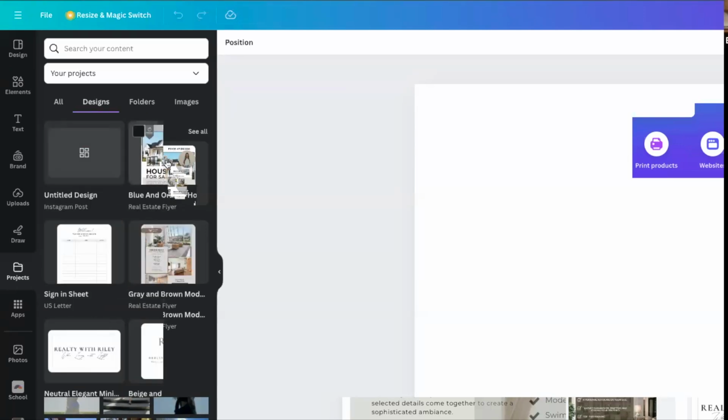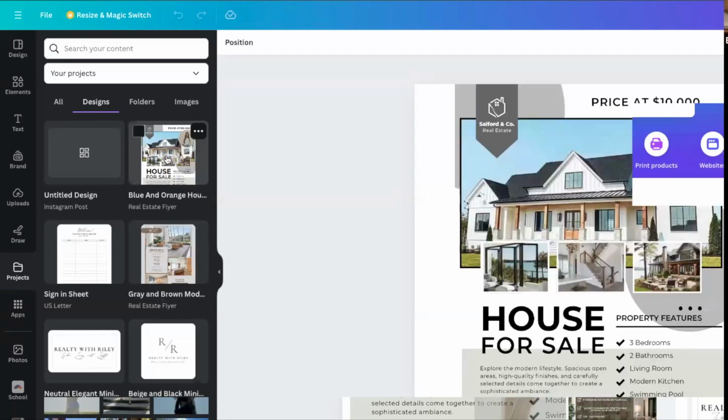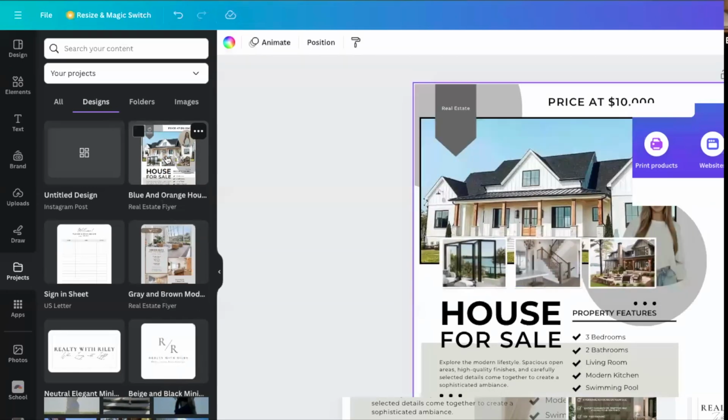So all I'm gonna do is, this is the one that I want. I'm gonna click it, and it'll take about 2 seconds, and it's gonna fit to the page. So now I've got it in a square post as well. And then here you'll just want to